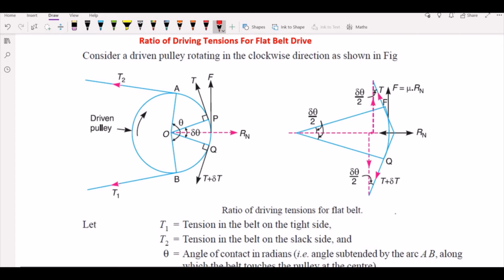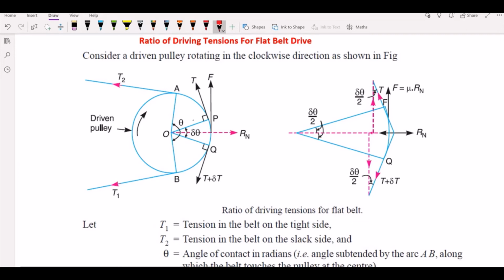So this is your driving member, and this is your figure which has been drawn from the driving member over here. Here this is your angle of wrap or angle of contact theta, which we have considered. This is your tension in the tight side, and this is your tension in the slack side. Here is a complete diameter D, and here is a tension which is a tangent drawn to the normal one, and this is your force acting in this direction, and this is another one, the summation of your tension added to the difference in tension.